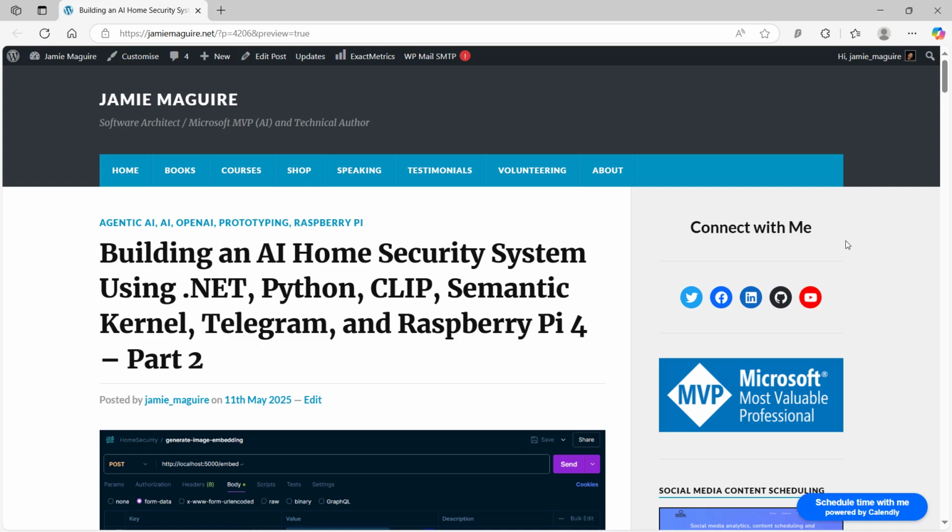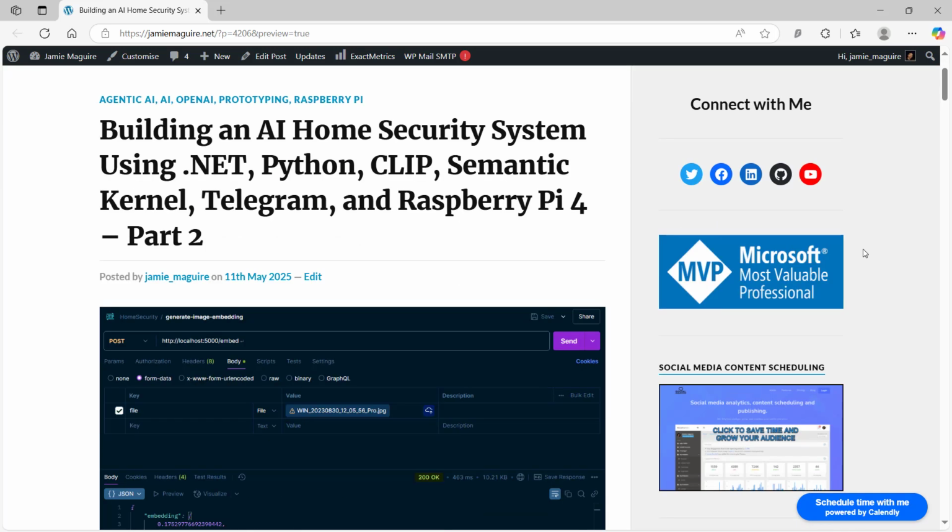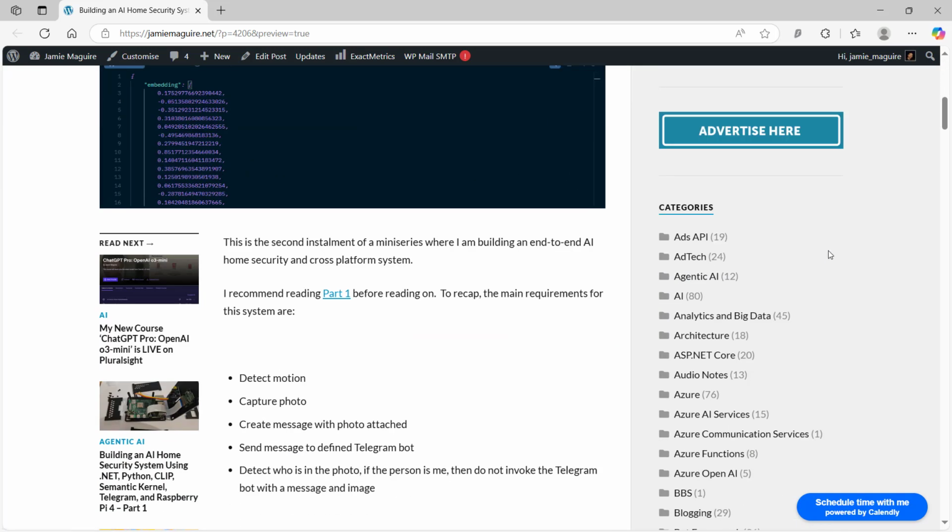Hey, so this is part 2 of a mini-series that shows you how to build an AI home security system using .NET, Python, CLIP, semantic kernel and some other technologies. The main hardware involves a Raspberry Pi, passive infrared sensor and camera. In part 2 of the series we look at how to implement an image recognition or image classification component that